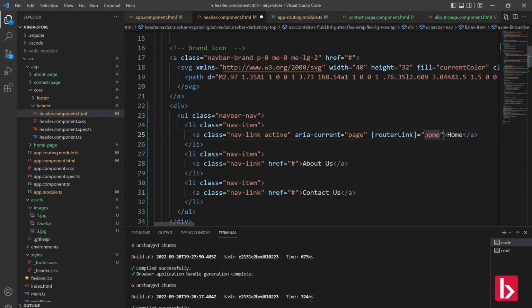Okay, I think slash home will be there. Here we will give with slash. We will check, if not working, what is the correct one. Okay, same, I will copy paste all of the three buttons. Here we have given path about,